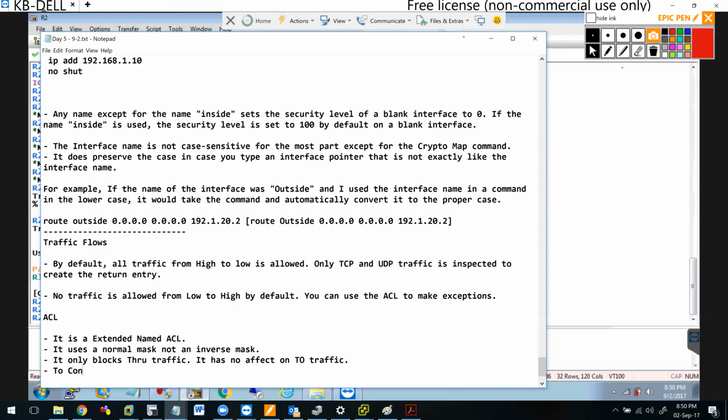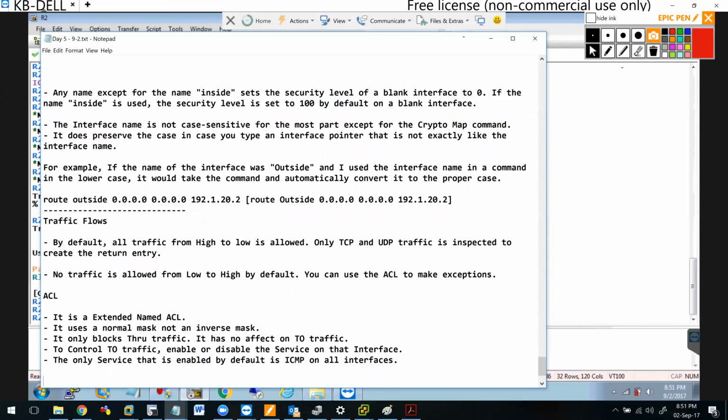To control traffic, enable or disable the service on that interface. It's a per interface type of thing. The only service that is enabled by default is ICMP on all interfaces. So controlling